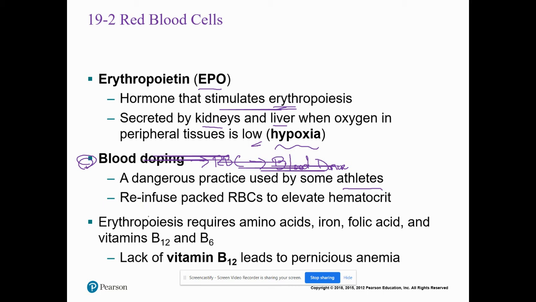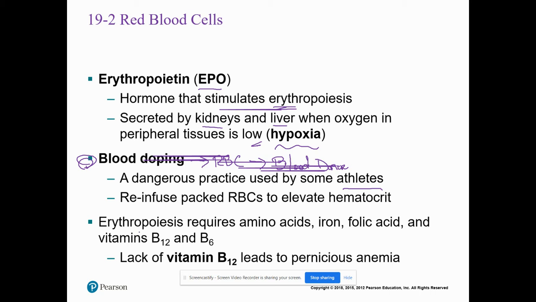So the book talks about them reinfusing red blood cells that they've already stored. But athletes are using other people's hormones and packed blood, and that's the danger of blood doping. And after this video, we're going to talk about blood types themselves, and you'll understand a little bit more why